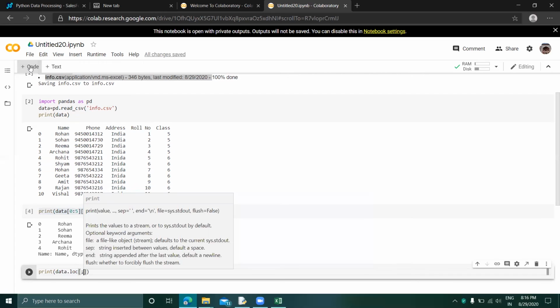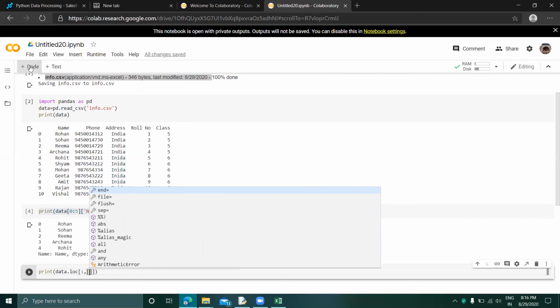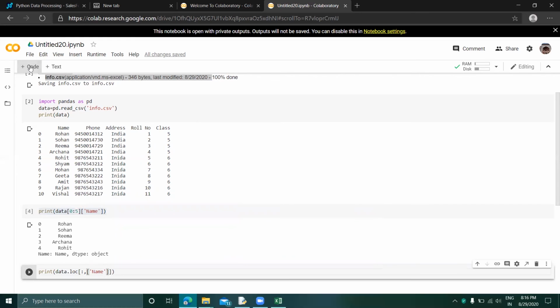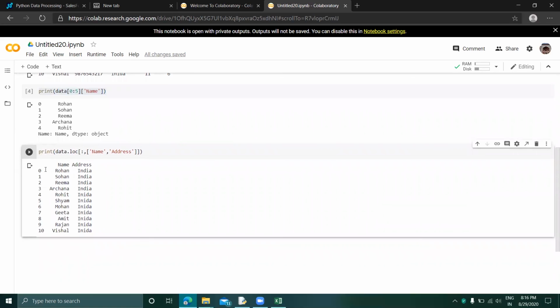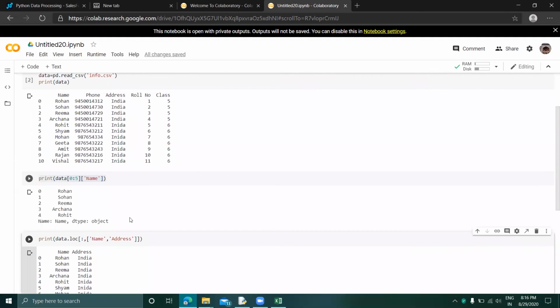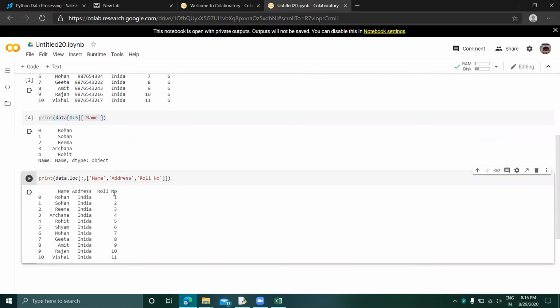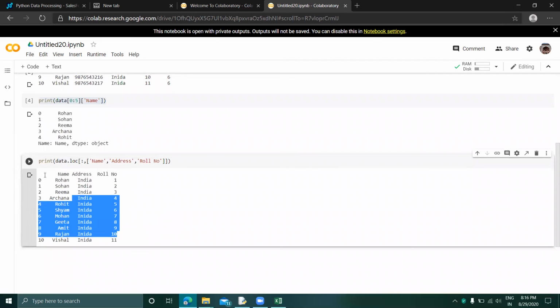Now take name and address too, and run this program again. Now you can see all the data: Rohan, Sohan, Rima, and the address, which is India. They all belong to India. If you want the roll number, you can also take roll number. Run this program again, and now you can see all the roll numbers.